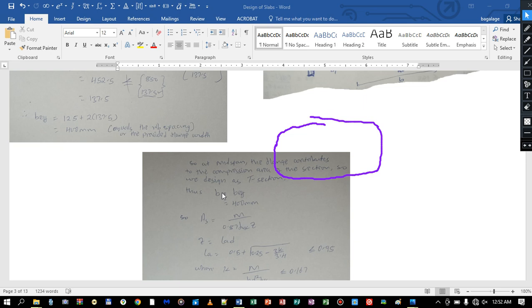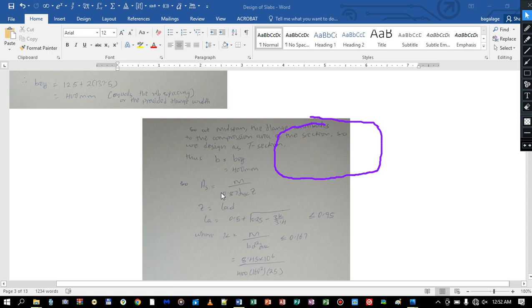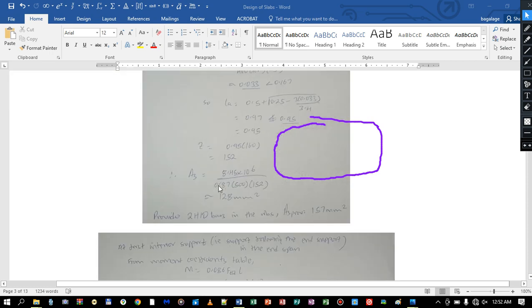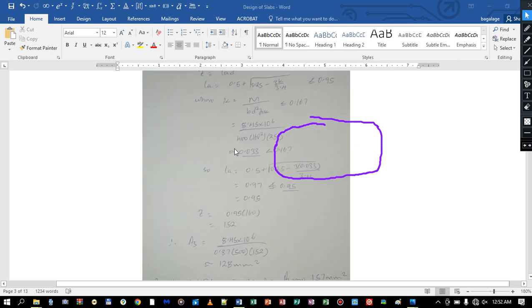Now in our formula where there is b, we shall put 400, such that our K is 8.45 times 10 power 6 over 400, our B breadth, times effective depth squared